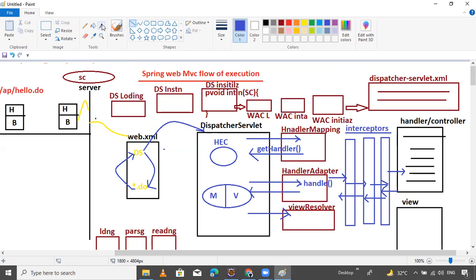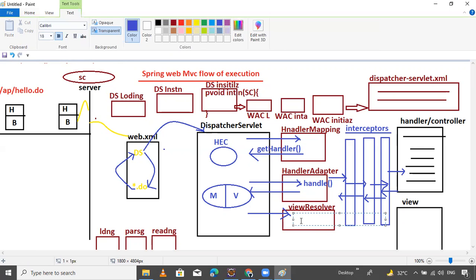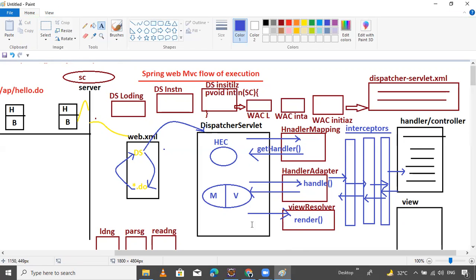Then the view resolver executes one method, the render method. The render method is executed, then it returns the view part.